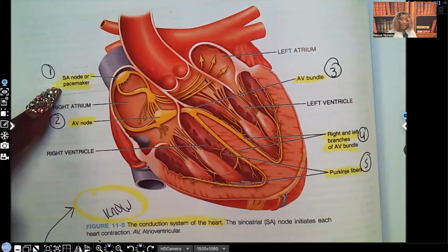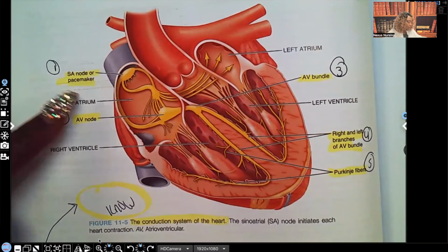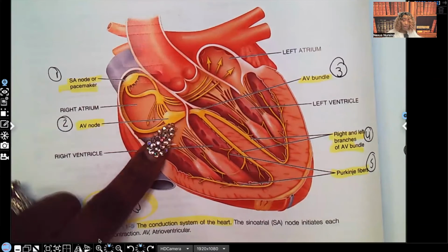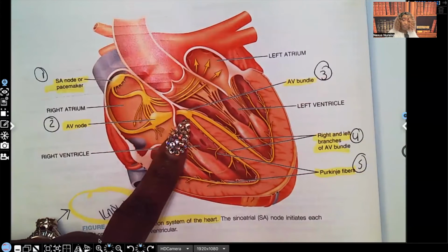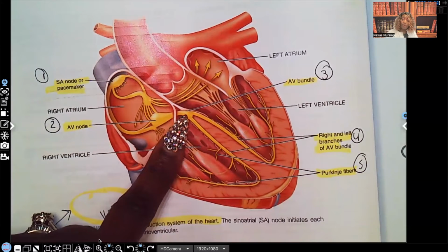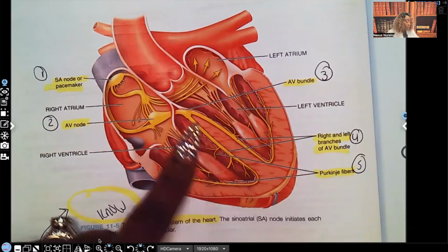So number one, the SA node, the pacemaker of the heart. This is what starts that beat, right? Right here in the atria. Then from here, we go to the AV node. That's number two. And then from the AV node, it spreads to the bundle of His, or your AV bundle. That's our number three. Then remember, it has to separate because it has to go through the left and right